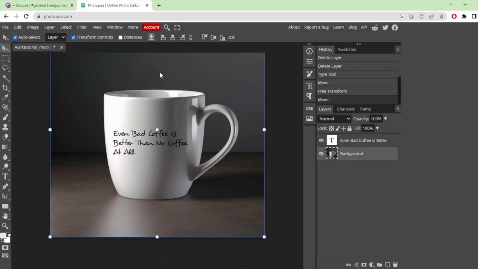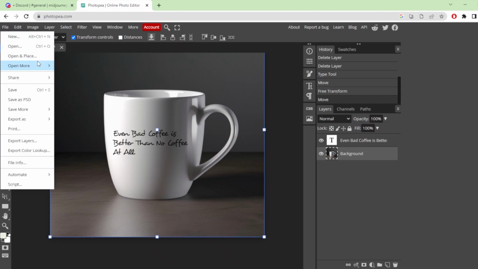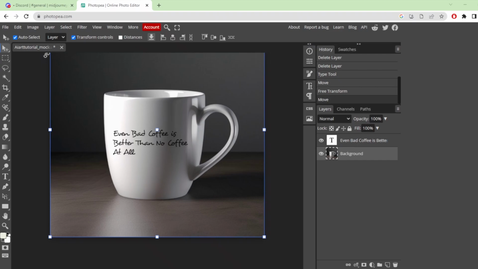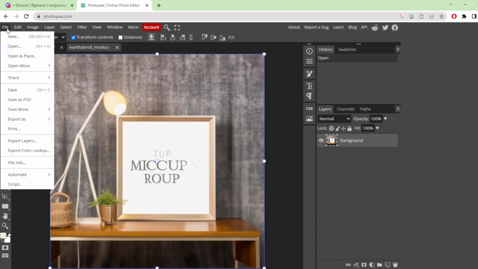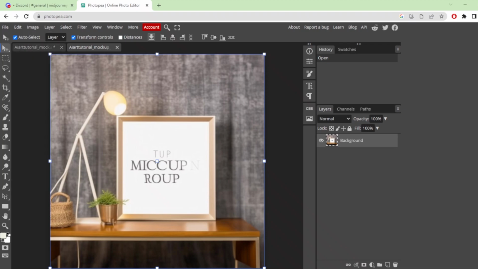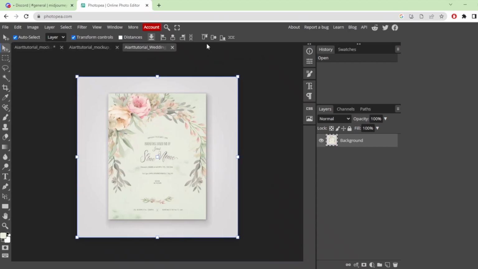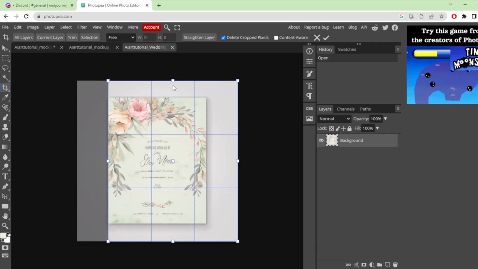So let's move on to our empty photo frame. To do that, I'm going to click on file and select open and select my empty photo frame, and then I'm going to click on file and click on open and select an image that I want to put into that photo frame. So I already made a wedding invitation in Midjourney, so I'm going to put that invitation into that empty frame. So let's open our wedding invitation, and then I'm going to select the crop tool, and let's crop